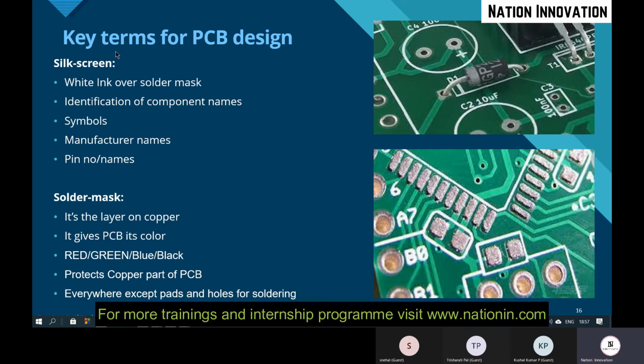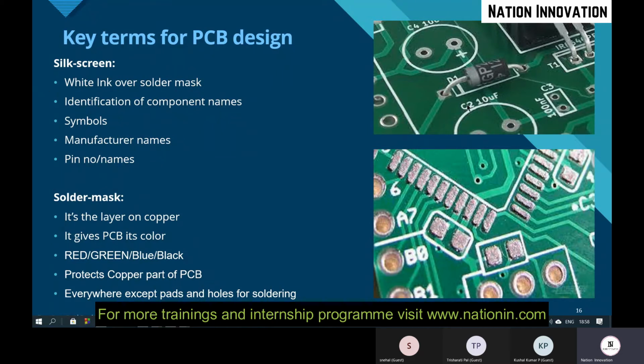And we have two more terms, silk screen and solder mask. To write on the PCB, you need to select this silk screen layer. You can see all the white color written words are in silk screen only. And whatever footprint is there is also shown by this silk screen. It is a white ink over the solder mask. It is also used for identification of component names.